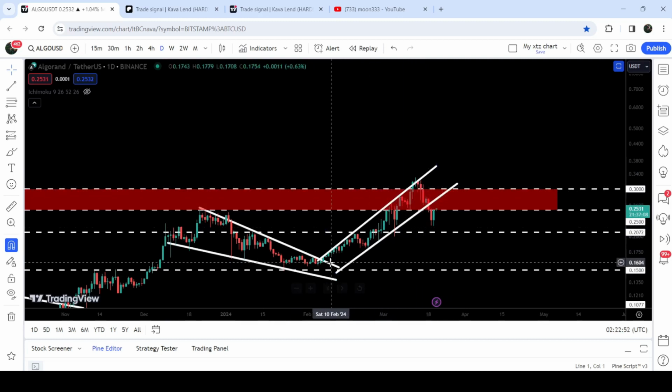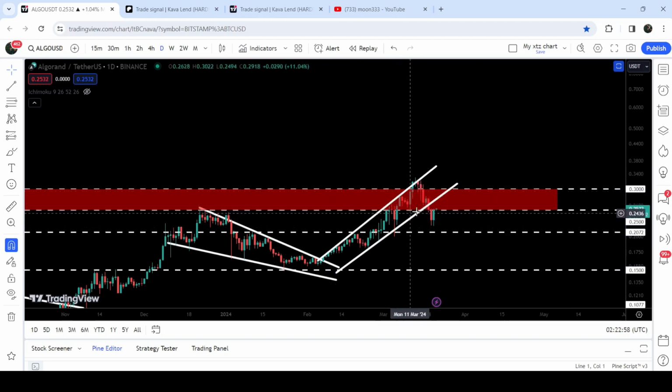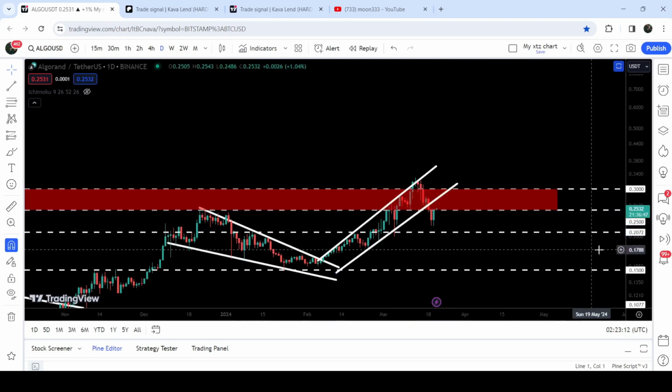And after getting rejected by another resistance of this up channel, the price line has finally broken down the support of the channel. And imminently, it has also broken down this next support of 25 cents as well. And now it is retesting the previous support as a resistance. And in case of a rejection by this resistance of 25 cents, it can drop down to this next support